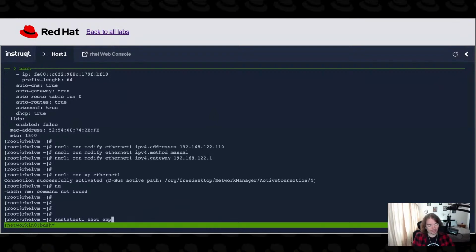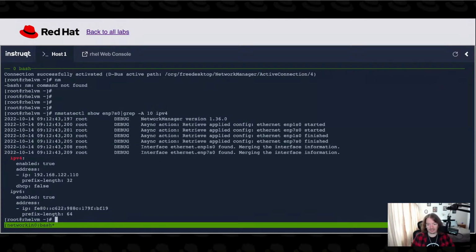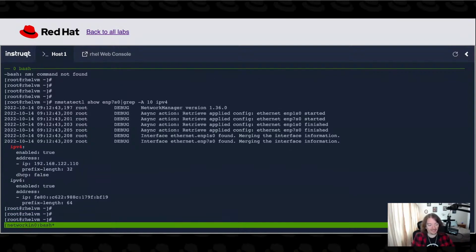nmstatecli. Let's do a show on IPv4, and then let's look at our IPv4 settings. So you notice IPv4 in the next several lines here. That's that -A10. So we've got a static IP address assigned. DHCP is set to false. So now we've gone in and defined all that